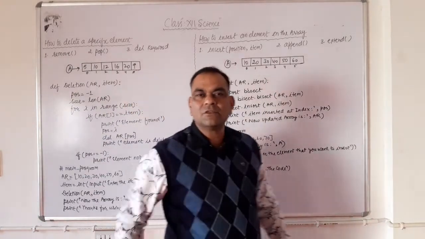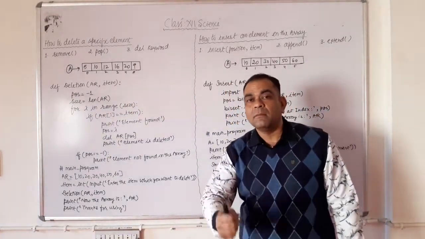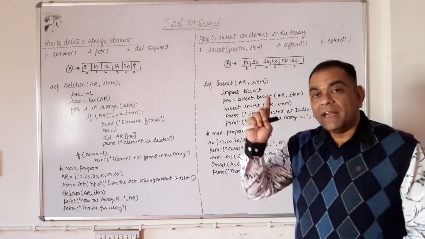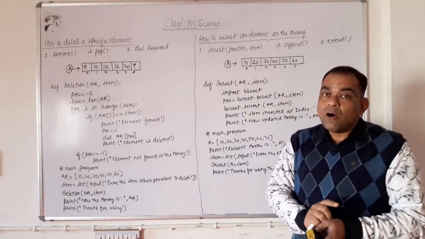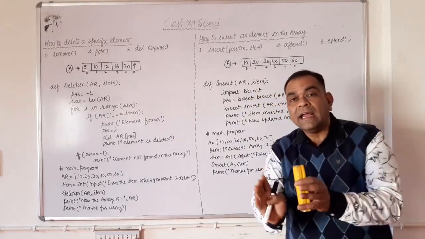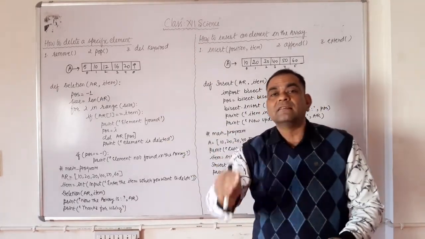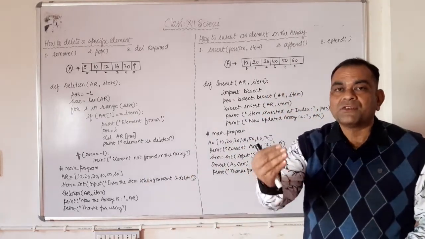Good morning, CS students. As you can see, we are working on a chapter, and the name of the chapter is data structure. Here, the very first part of this data structure chapter is list, or we can say array. Arrays are of two different types: one dimensional array, and the second one is known as 2D array, or two dimensional array.